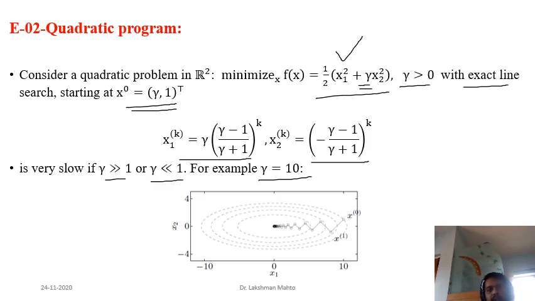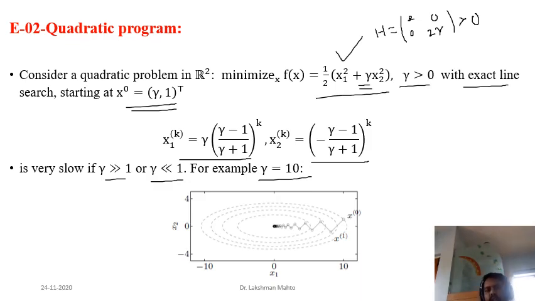This quadratic function is the one where gamma is greater than 0, and if you find the Hessian of this function, what would it be? The Hessian would be the matrix with first row 2, 0 and second row 0, 2 gamma, and gamma is positive. So the Hessian is always a positive definite matrix. Due to that, we can say that this given function is strongly convex, so there is a guarantee of the existence of a unique optimal point.